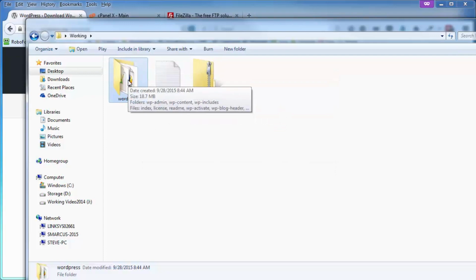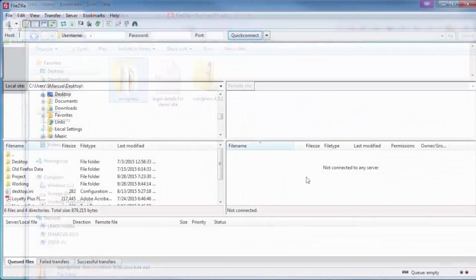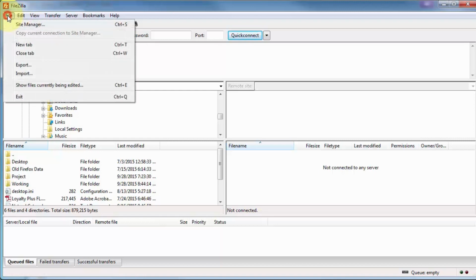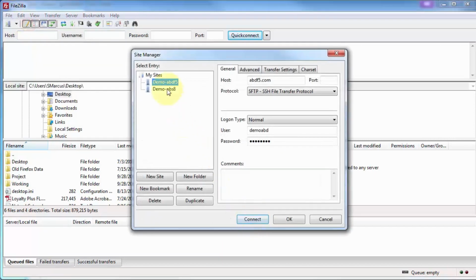Now then, let's go ahead and open up our FTP client. And again, I'm using FileZilla. Over here on the left is my computer. Over here on the right is the server that we're going to be connecting to right now by way of SFTP. And there's a couple of ways you can do this. I'm going to use the site manager. And I've already got mine set up. And I went to New Site, entered this name, and then entered the information over here on the right, like the host name, the port, change the default FTP to SFTP, change the default anonymous to normal, and entered the